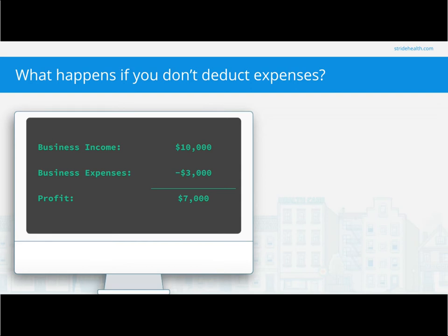So what happens if you don't deduct expenses? As you can imagine, the amount of money that you pay taxes on is going to show how much you owe in taxes. So the higher your income, the more you'll owe in taxes. So you can see if you were to pay taxes on that $10,000, let's assume you have about a 30% effective tax rate. 30% is typically what I tell people to expect when it comes to tax rates. Depending on what kinds of credits and deductions you can get, it might be lower, but the average is about 30%. Let's say you pay taxes on that $10,000 in business income, you would end up owing about $3,000 in